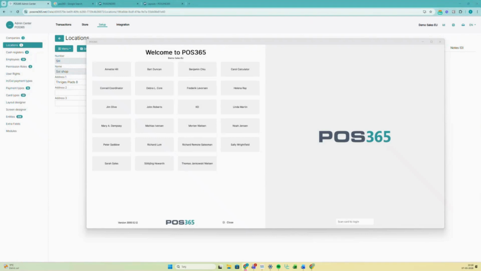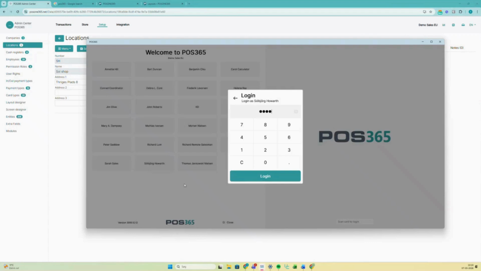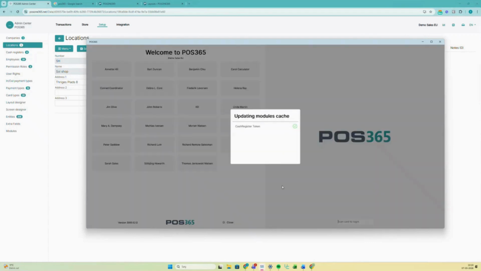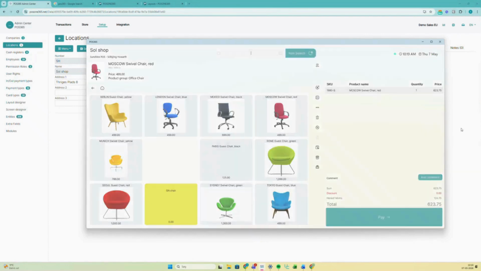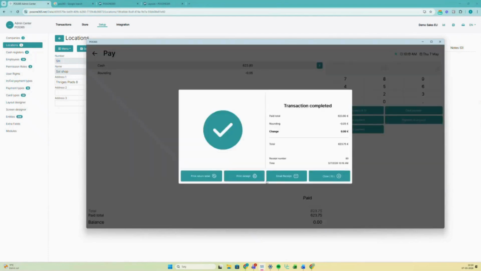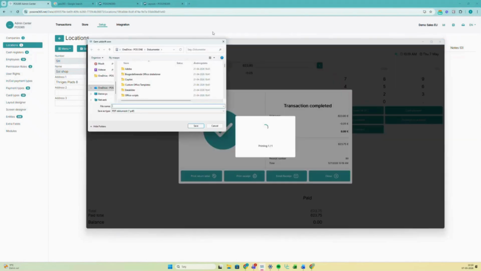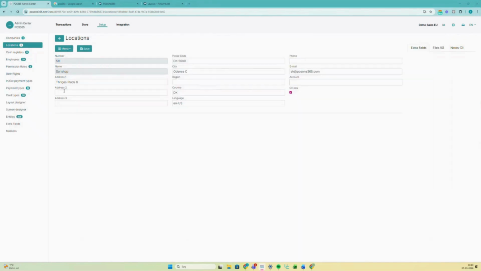Now, from here, I simply choose my receipt, go into my cashier, and just gonna make a sale. And we also have the email receipt if you have not seen it yet, but I'm just gonna print the receipt. Now, I don't have any direct printers to it, but